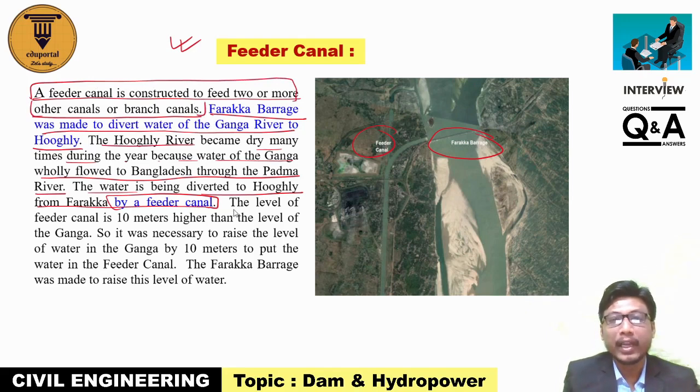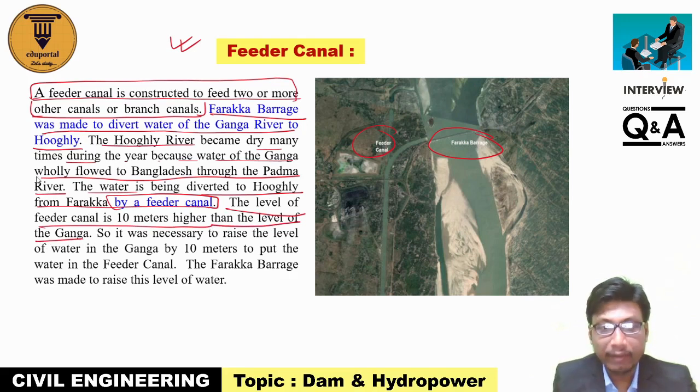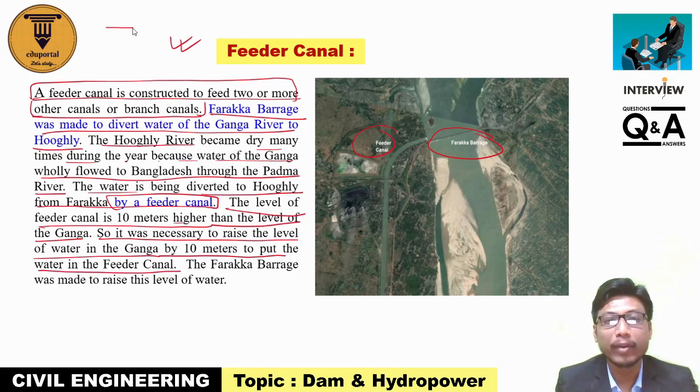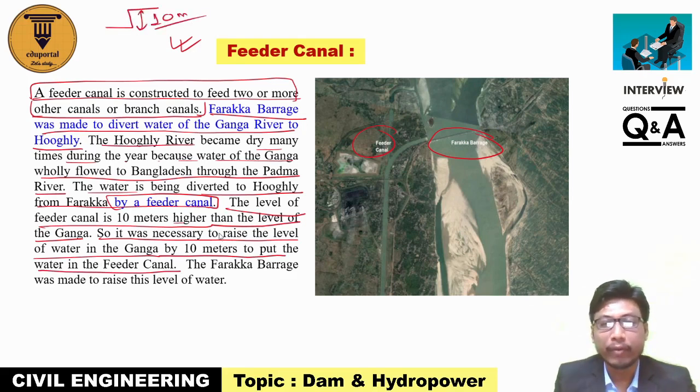canal. Okay, now the problem was that the level of a feeder canal is 10 meters higher than the level of the Ganga. So how was the problem solved? It was necessary to raise the level of water in the Ganga by 10 meters to put the water into the feeder canal, because the level was 10 meters higher, so it was necessary to raise the level of water in the Ganga by 10 meters to put the water in the feeder